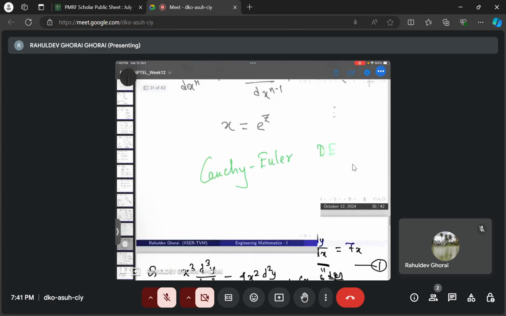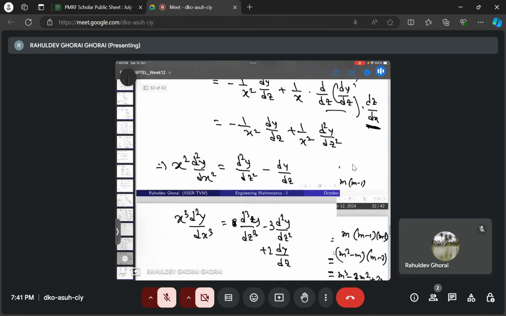That's the first one. Then the second one will be minus 4 times